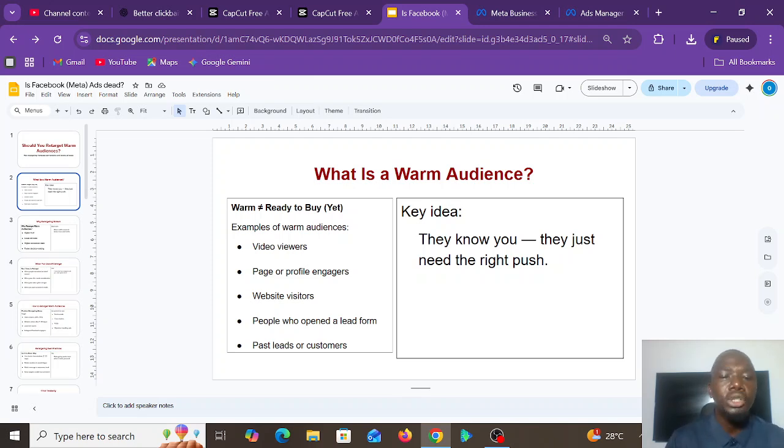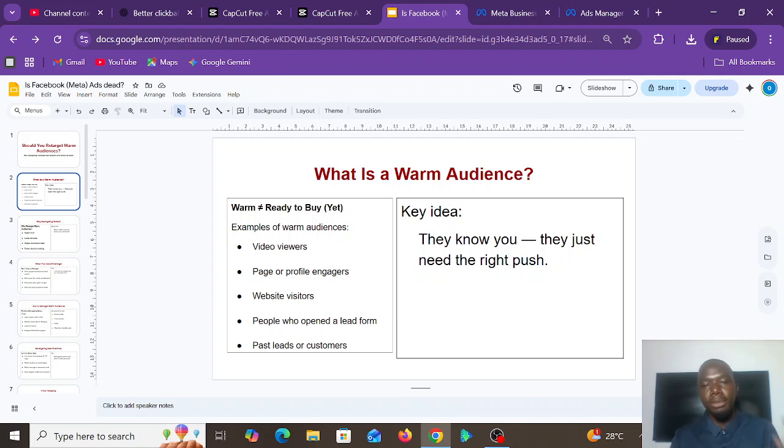You also have website visitors. Anyone that visits your website to check out whatever you are doing is a warm audience because they already interacted with your business. Then the fourth example is people who open your lead form. Now, if you run a lead generation ad, you will understand what I mean by lead form.